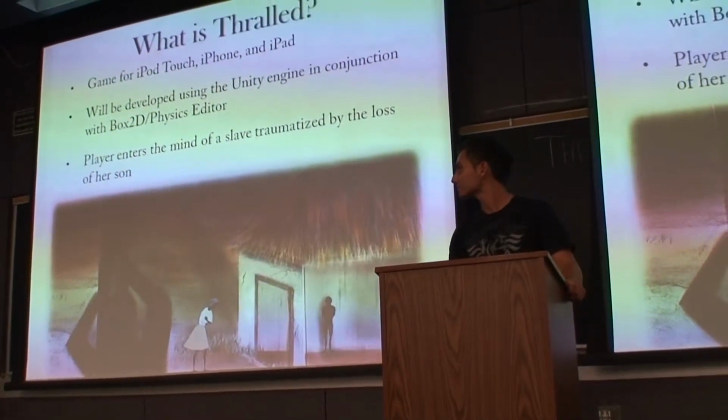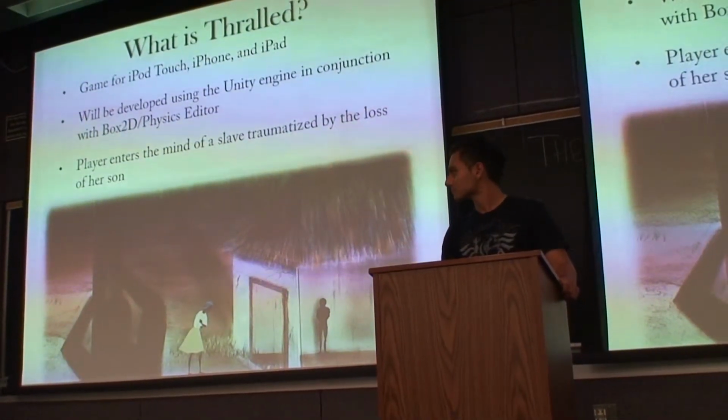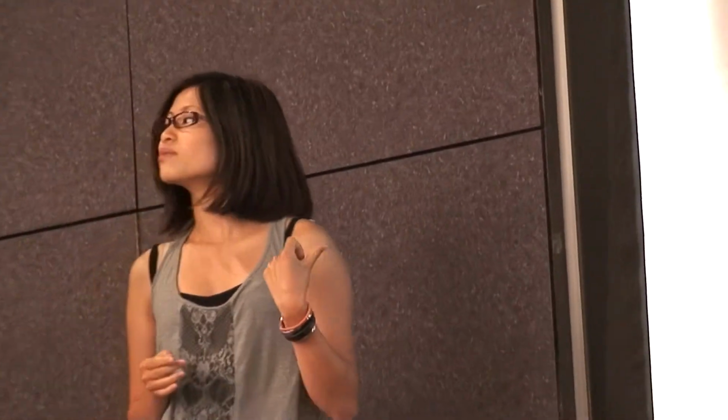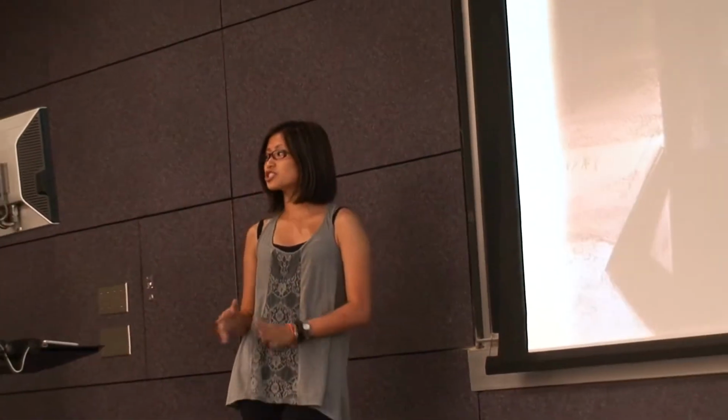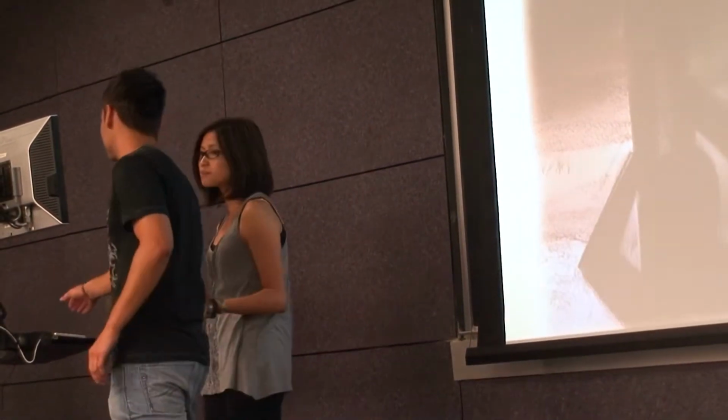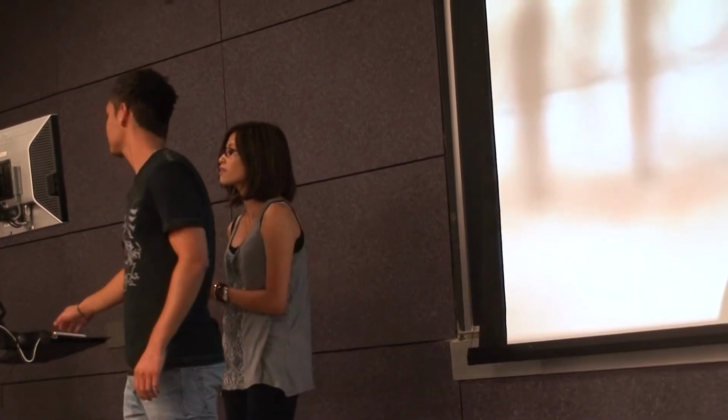Thralled takes place in 16th century Brazil, and the player will control a slave named Azura, who was a pregnant mother deported from her home in Congo and taken to Brazil to work on the sugar plantation. Now one day when she's working, her water breaks and she faints in the scorching sun. And when she wakes up, she has no memory whatsoever of what happened. She could have been lying there for weeks, months, no one knows, no one can tell her.